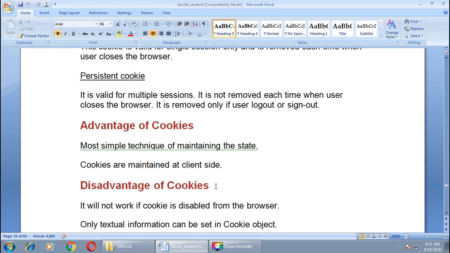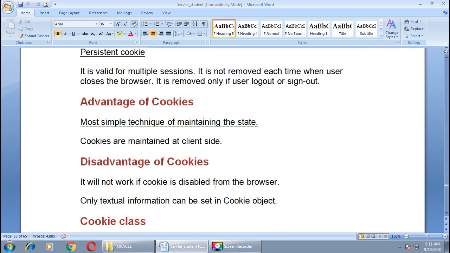There are some advantages of using cookies. It is the simplest technique of maintaining the state, and second, cookies are maintained at the client side, not at the server side. So these are the main advantages of cookies. And the disadvantages of cookies are it will not work if cookies are disabled in the browser.